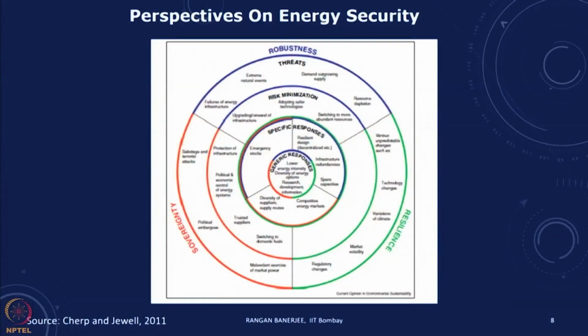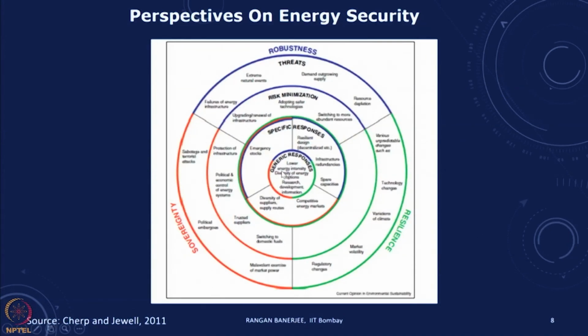We can also see in this case, we have a situation where ONGC through its wing has been buying different resources and mines in different parts of the world. So one of the things is you can acquire facilities in different parts of the world. These are some of the specific responses that we have. In the case of resilience, we can have redundancy. That means we can have more sources of supply. We can try to modify some of the demands, and so there are a whole host of different things that we can do.